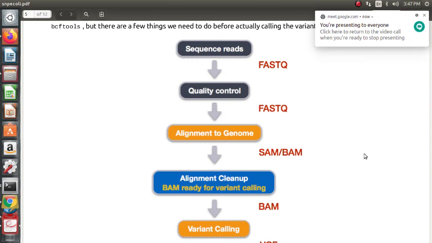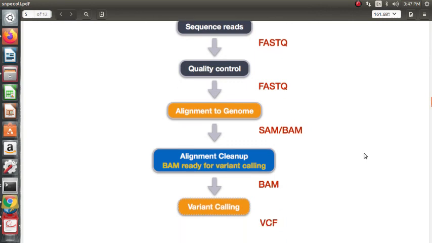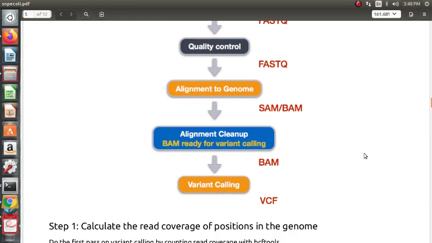So I guess we are returning to whatever we were discussing last week. We basically had the FASTQ file. We also have the trimmed FASTQ file and the quality control FASTQ file. We converted it into SAM or BAM format based on the reference genome alignment index, and then we do the alignment cleanup. We get the BAM file, basically the pileup, and then we finally get the variant call format VCF file.